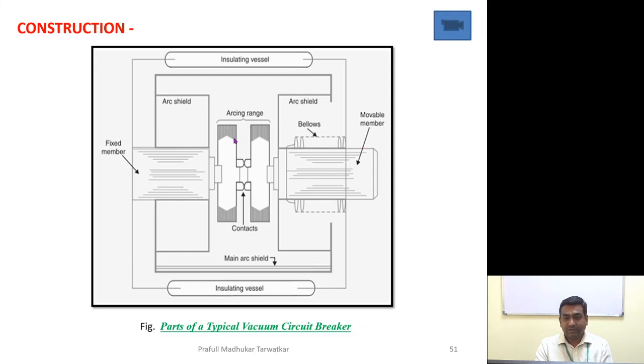Here is a diagram. Here are the two contacts. This is a fixed contact, this is a moving contact, and the complete assembly is vacuum tight. So when there is a fault, the corresponding movable chamber gets separated from the fixed contact, and thus an arc is struck in between the fixed contact and the moving contact. When the arc is formed, immediately, by the presence of the vacuum, it is quenched or extinguished. And then again the pressure is maintained by using a compressor. So it has to be maintained, otherwise there will be no effective operation of the circuit breaker.